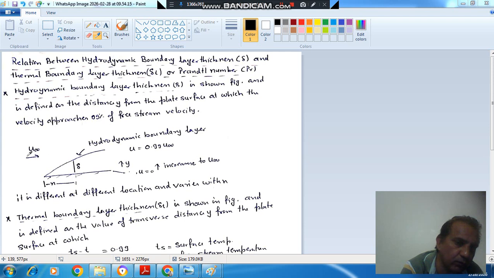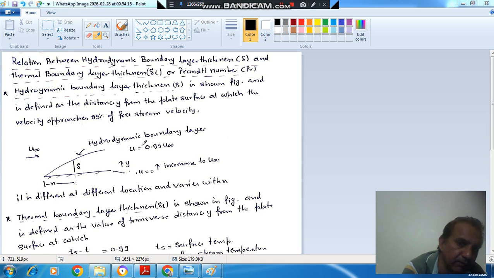Suppose we have a fluid having free stream velocity u infinity and it moves over a plate. As it moves over the plate, the velocity of fluid adjacent to the plate would be 0. As we move away from the plate, the velocity will start increasing from 0 to u infinity. At a certain point, the velocity of the fluid is equal to 0.99 u infinity. So corresponding to this point, a layer